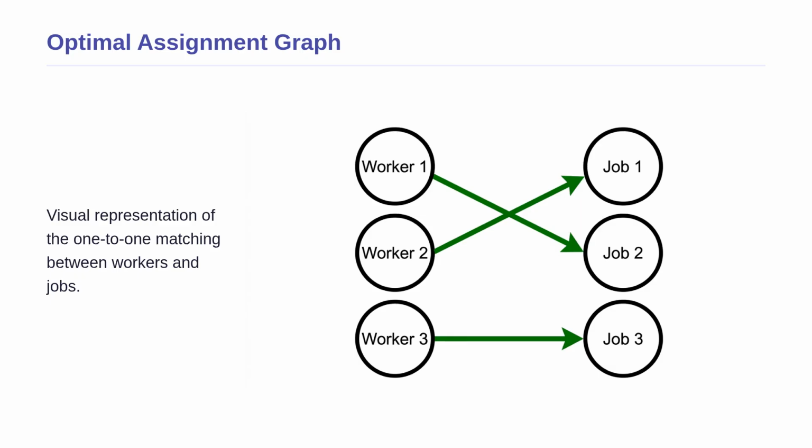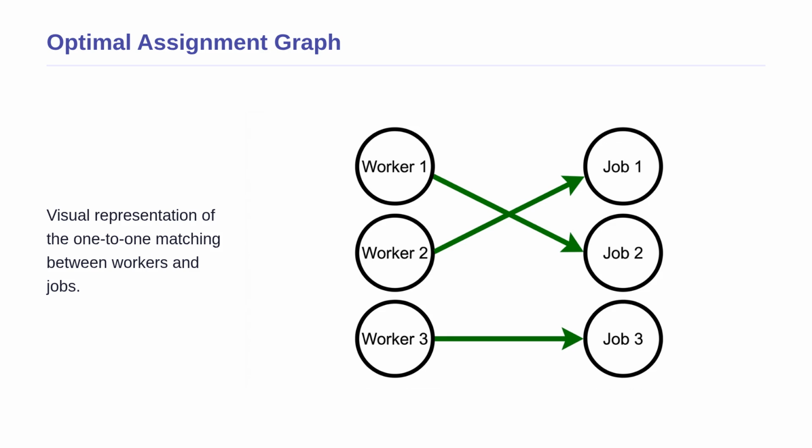This diagram visually represents the final solution we just calculated. On the left, we have our 3 workers, and on the right, our 3 jobs. The green arrows show the optimal one-to-one matching we discovered. Notice how no 2 arrows point to the same job and no worker has more than 1 arrow leaving their node? This perfectly satisfies the mathematical constraints we defined earlier, ensuring every task is completed by exactly one person at